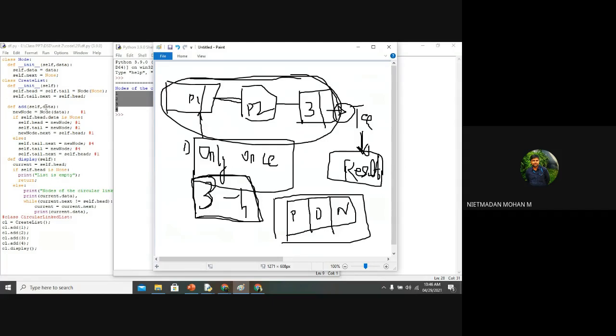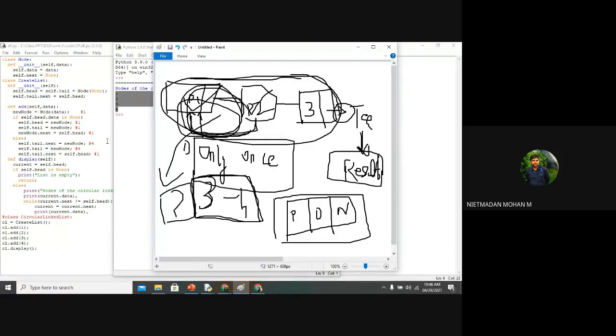For creating a circular linked list, in the initialization part itself, we need 2 nodes. For those 2 nodes, we are creating head and tail. This tail will be representing this head. Why? Because after this completion, we want to go to the next process. So this will keep looping continuously until the condition given in the statement is met.